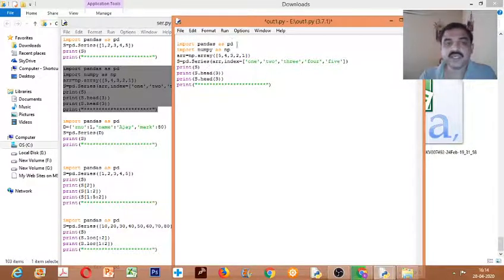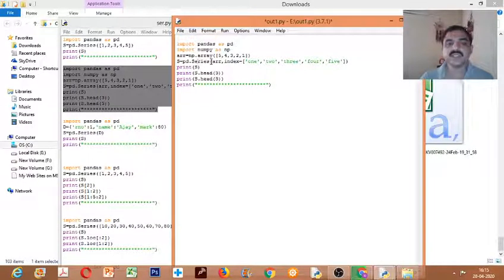So np and pd are the variables used for this. We can use any variables; we are using pd and np. So arr equal to np.array, then a list of values is written. That means I am creating a numpy array from the list given. So an array is created, its name is arr. Now s equal to pd.Series.